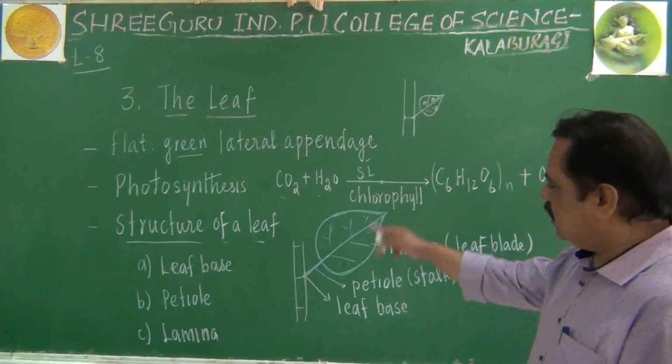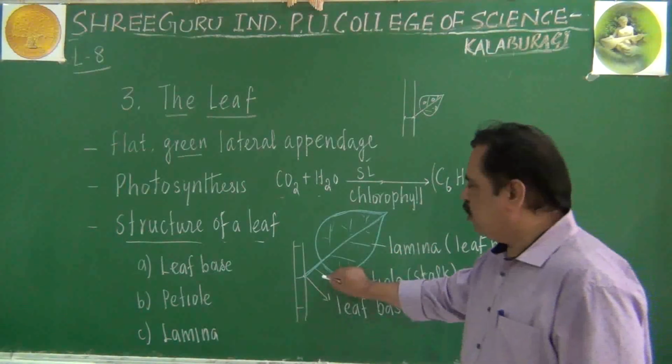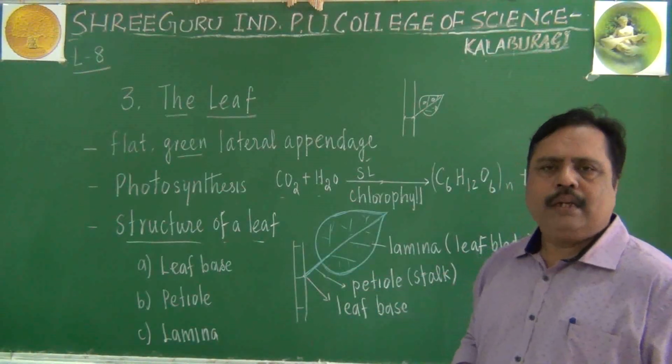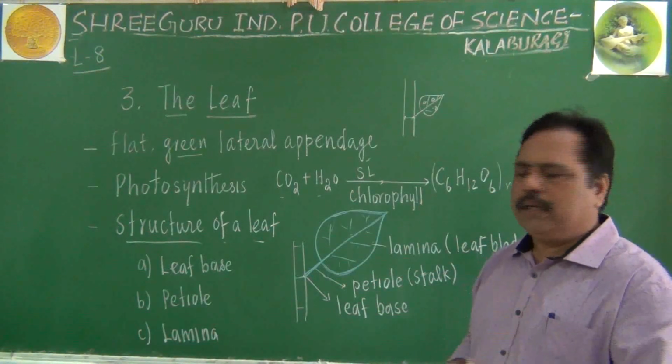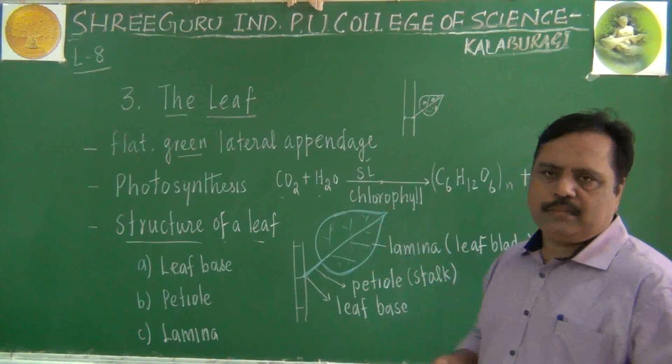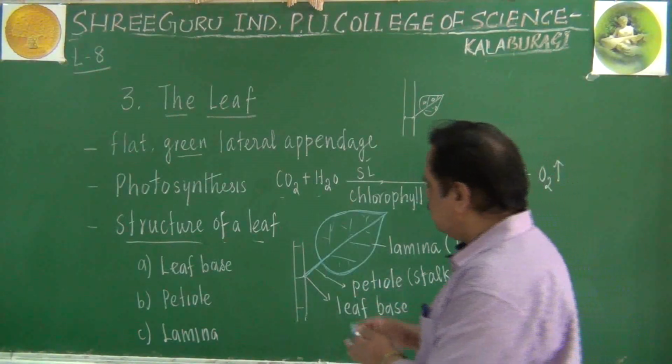Okay, these are the 3 major parts we could come across in a leaf. Now let me tell you some other points related to the structure of the leaf. In this structure of the leaf,